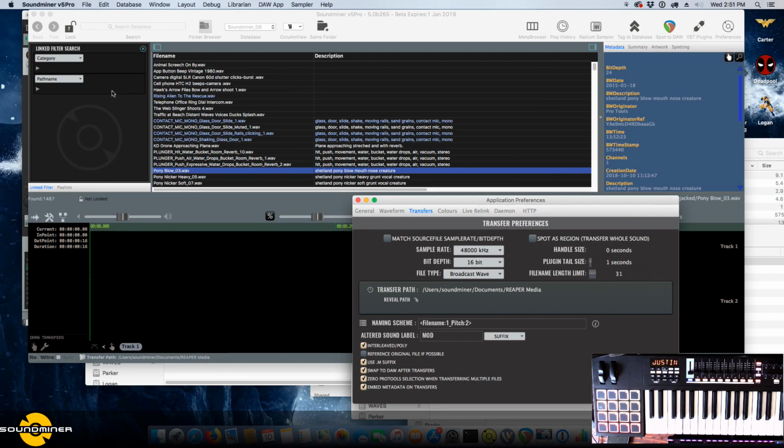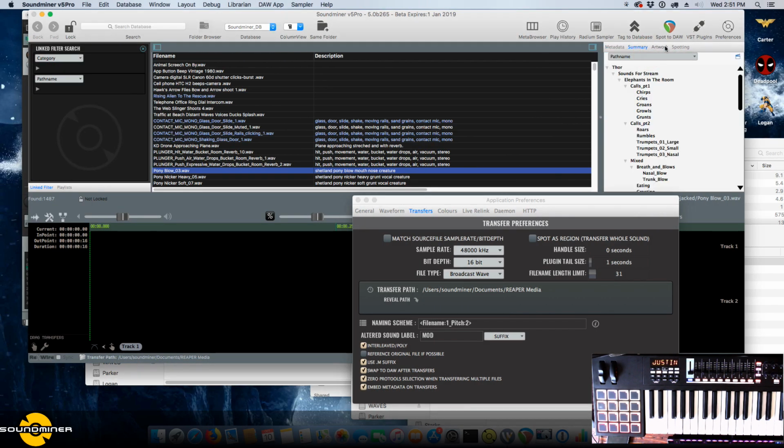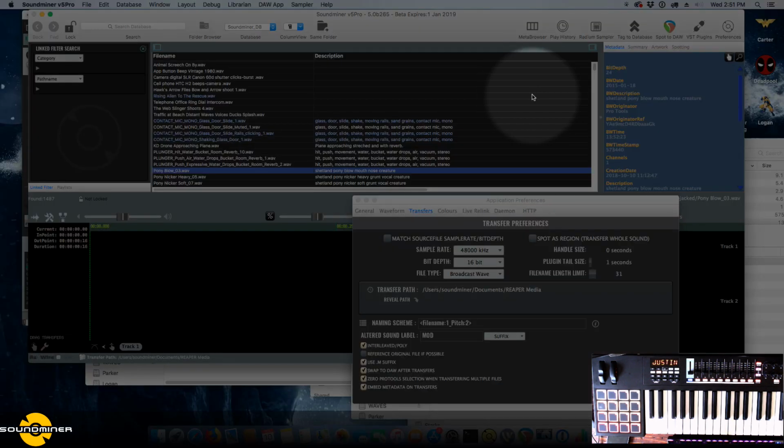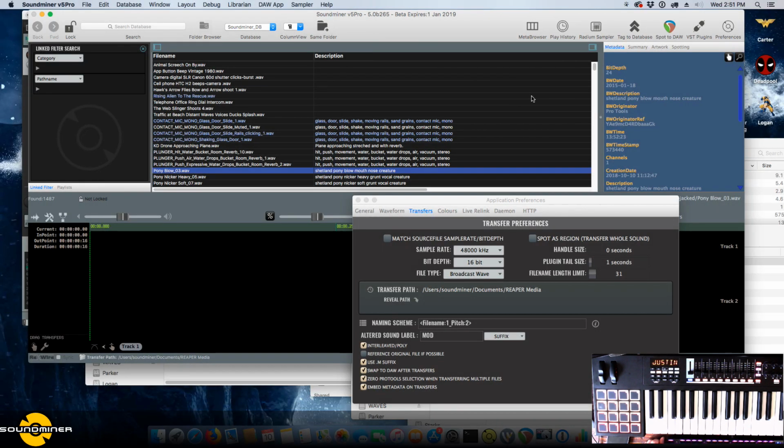Absolutely everything else, all of this, the waveform, everything to do in the side panel, that's all cross-platform. Now, of course, I just have to code it into the PC version. So the plan is to get this version out, everyone to use it, and then do the same thing that I did with the Pro Pack. It only took a few months to backport all of those features into the Pro Pack, and then off you go. But I do have the sampler running on the PC because that was very important to me,